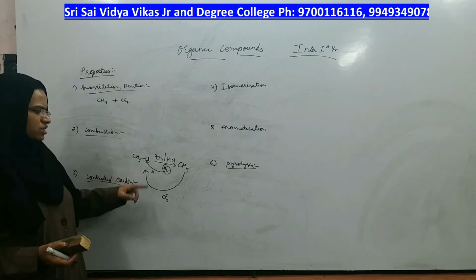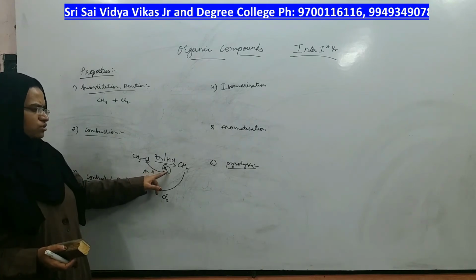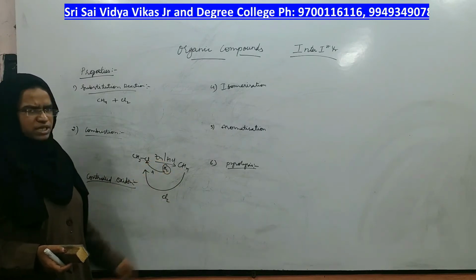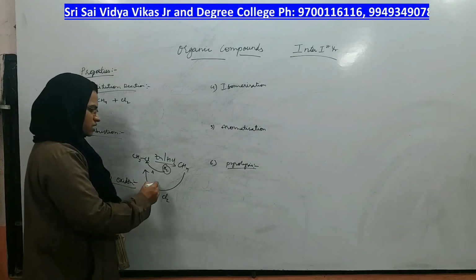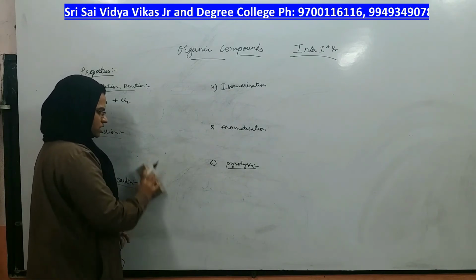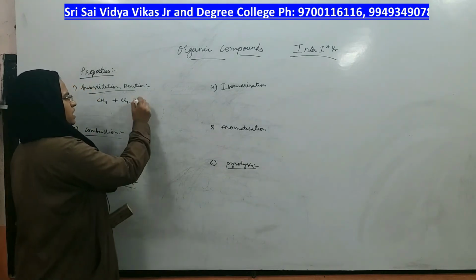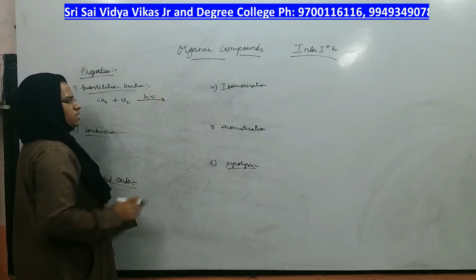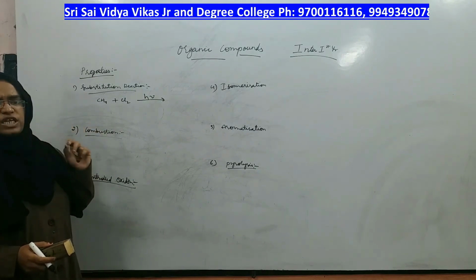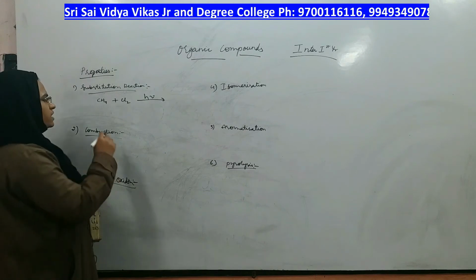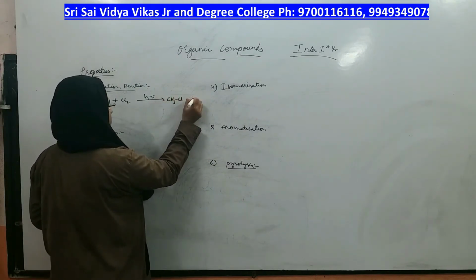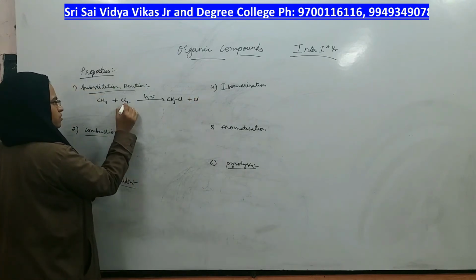The reagent may change. If you want hydrogen to replace chlorine, the reagent should be this. If you want chlorine to replace hydrogen, there is no reagent. In fact, you should use sunlight. That substitution reaction should take place in the presence of sunlight, because in the presence of sunlight, this reaction proceeds through a free radical mechanism. You will get the free radicals from this chlorine.